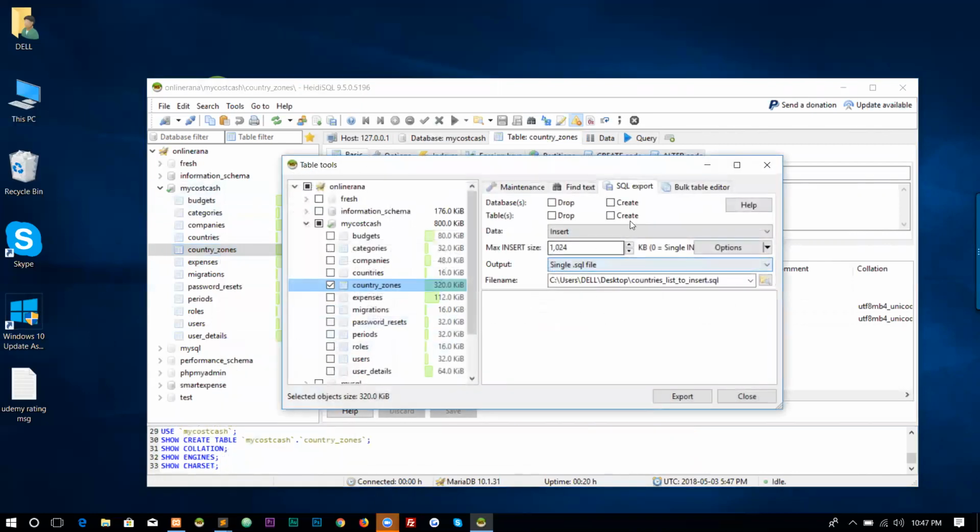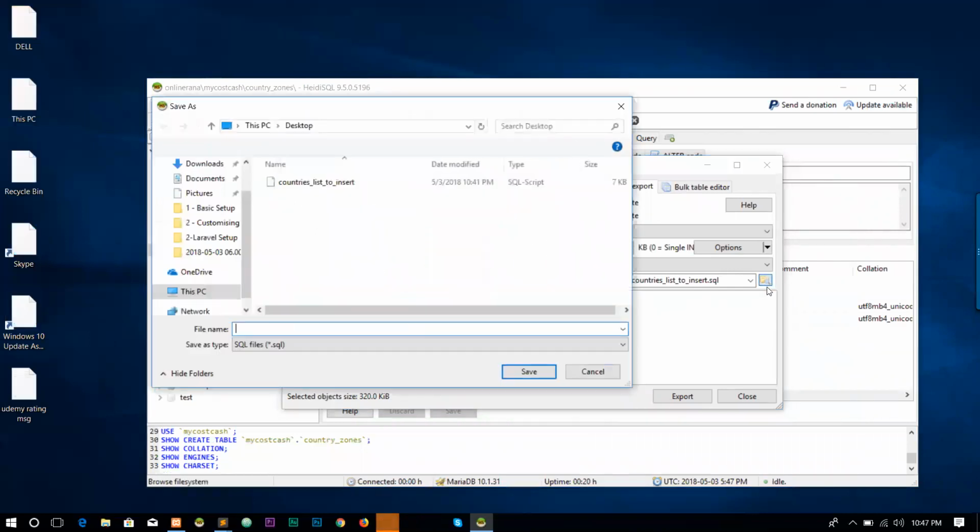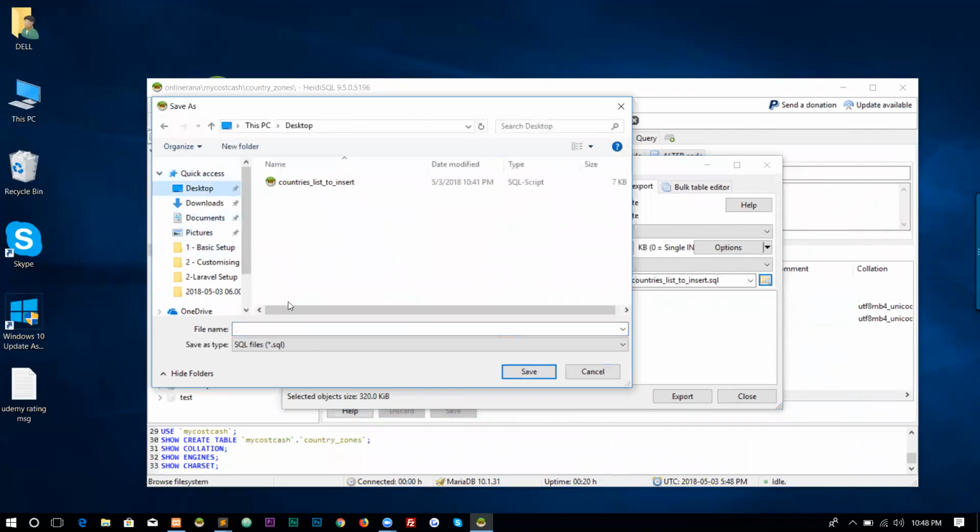For country zones, we need to export the database as SQL, and uncheck all the fields, drop, create, and just data should be insert mode, and it is insert. Define the path, single SQL file, and make sure that your country zone is right. This is the table that we are going to export,